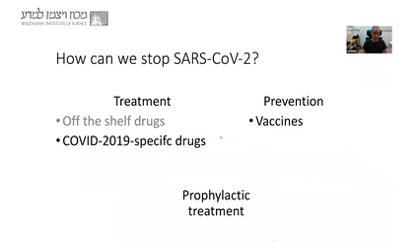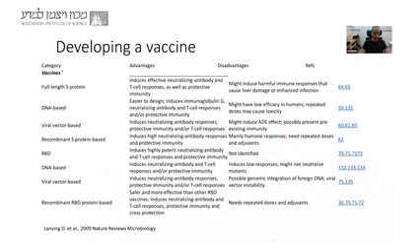So we talked about off-the-shelf drugs. Now let's switch to vaccines. What can we do about the vaccine design? So, of course, vaccine design is a very, very active research field. And here in this table, I'm showing you, it's a table that is taken from a review that was published a few years ago about efforts of people that try to design vaccines against the old SARS, the previous SARS, that made use of the spike protein.